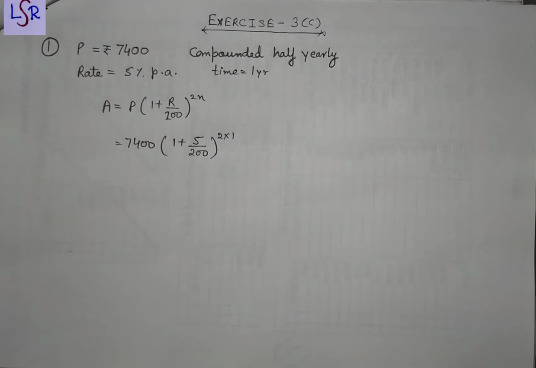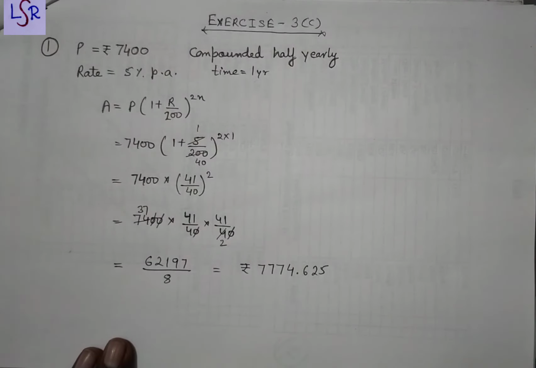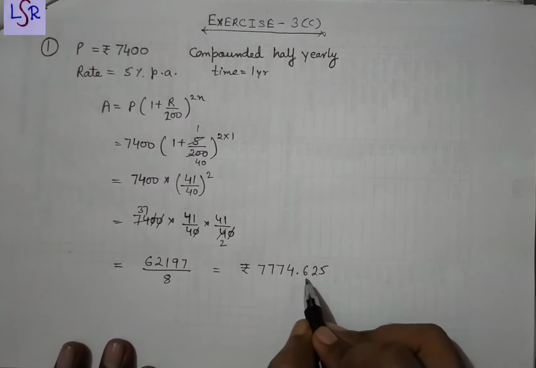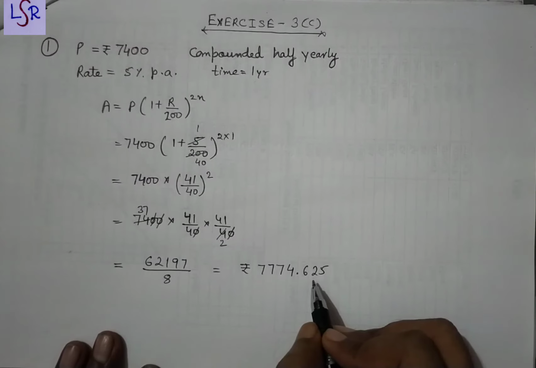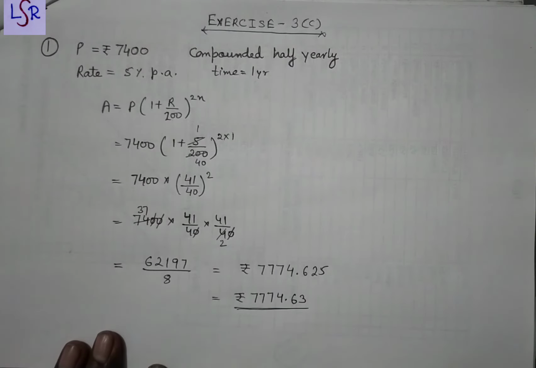And we have got this. Now we'll solve for A and we have got this. Now we'll make a square of this one and we have solved and we have got this. Now here this is in 3 decimal places and as we all know that rupees is always in a 2 decimal place, so we are going to make a round off for this decimal place and as this was 5, so this will become 3 and here we get the final answer. Now let's move to the next question.